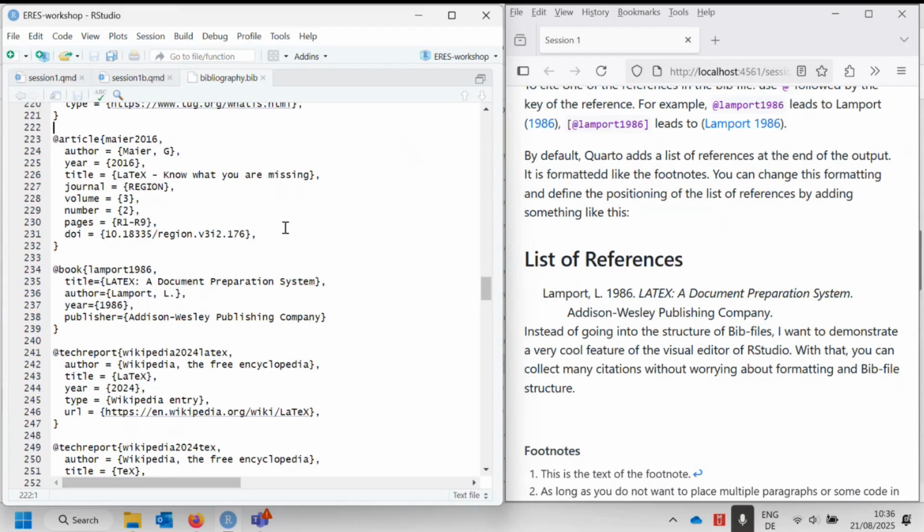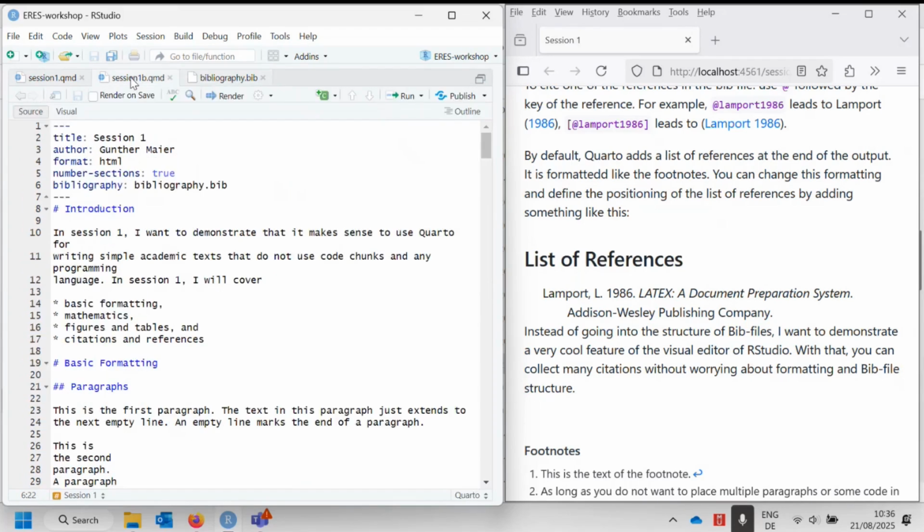There is actually a great tool available in RStudio that saves you from most of the hassle of the structure of the bib file. In the long run, of course, it makes sense to know a little bit about the structure of the bib file, but it's fairly easy and there is good documentation around on the web. The tool that you can use actually has to do with another form of editor that we have not used yet. So when we go back to our